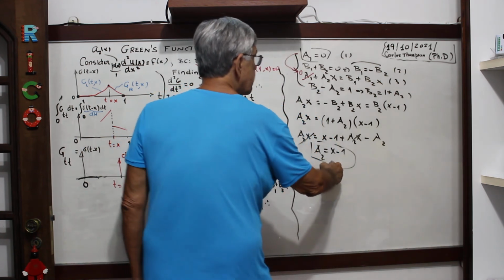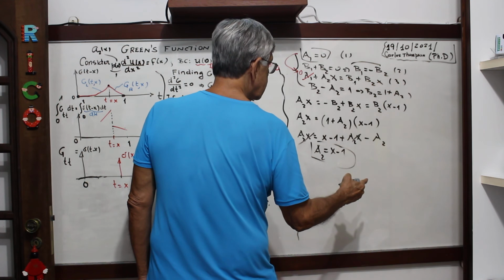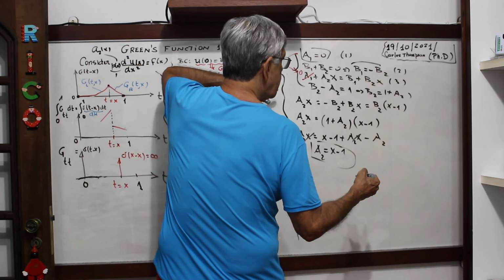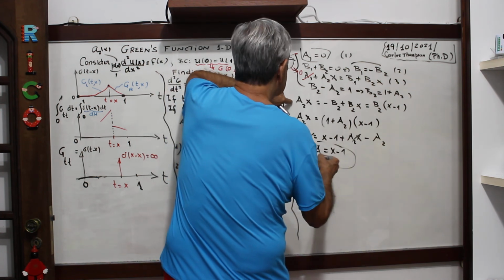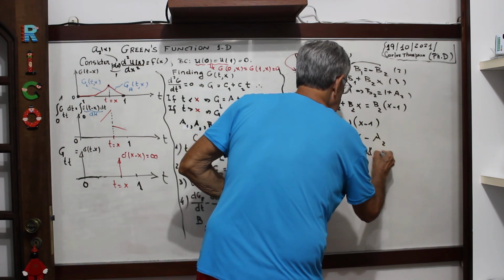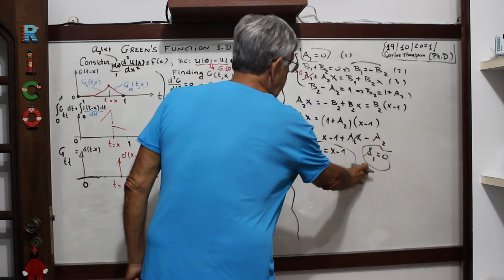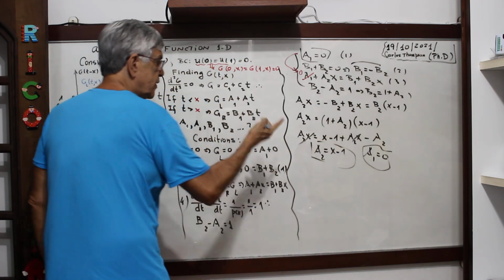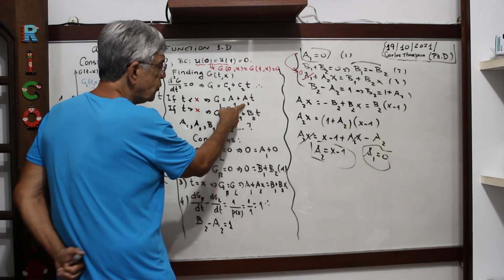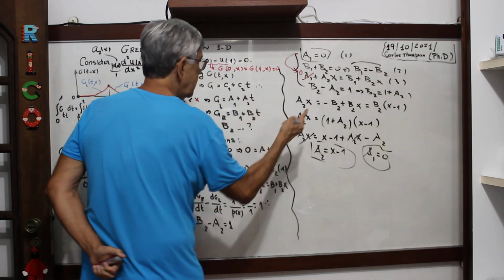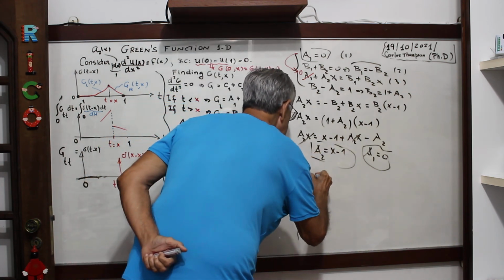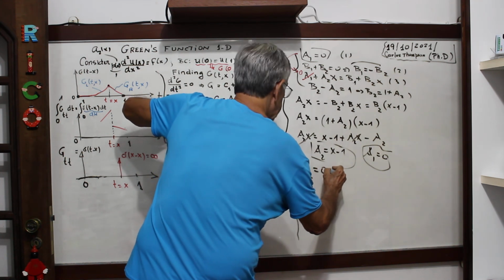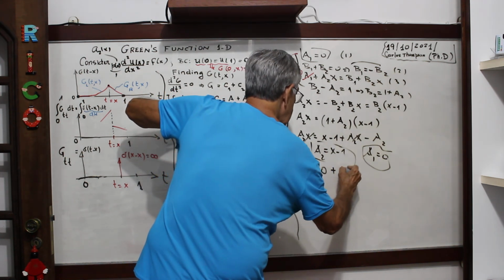Now let's plug A2, A1 is 0. So from here I just obtain GL, easy, because A1 is 0, A2 is x minus 1, so I'll write down here, GL is equal A1, which is 0, plus A2, x minus 1,